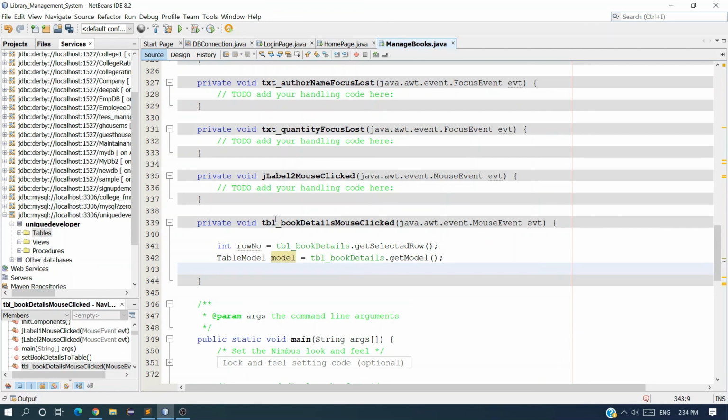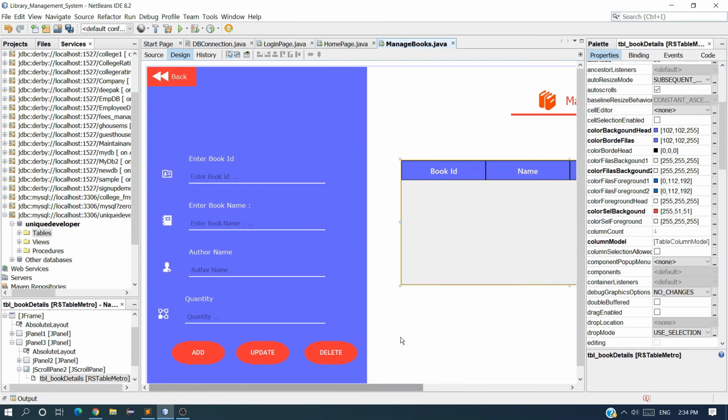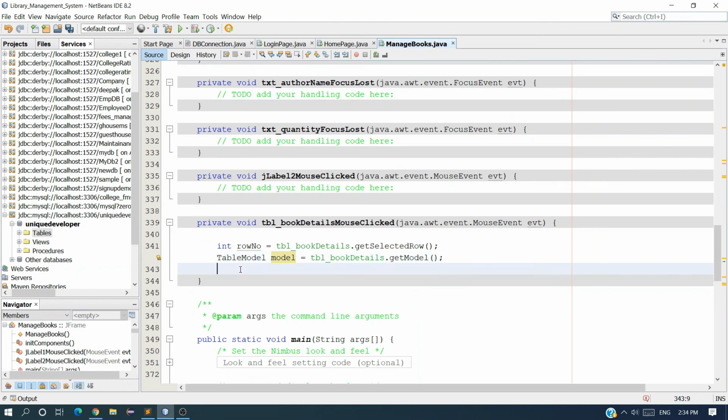and the next is we have to, by using this model we can get the values from this table, and we will set that value on this text field. So let me just set the values.